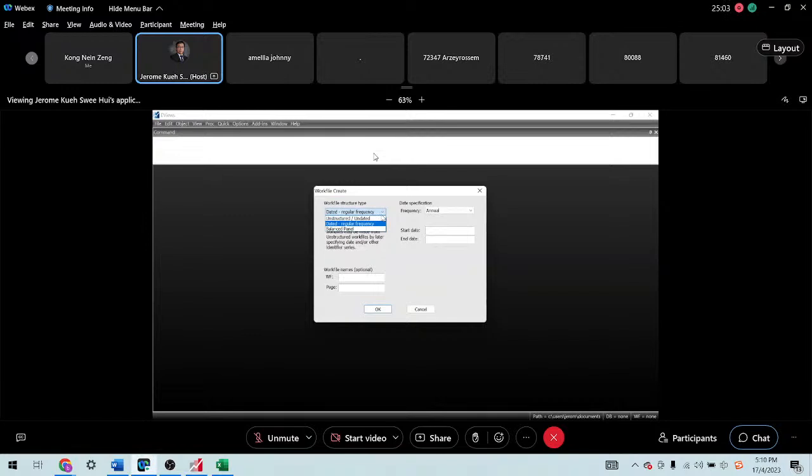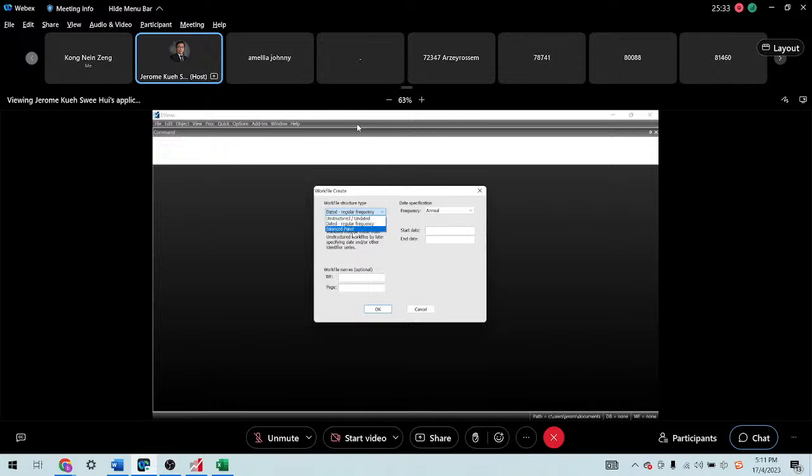If you click this drop down menu, you can see that there are three options. The first one is unstructured or undated. The second one is dated or regular frequency. The third one is balanced panel. The unstructured or undated option refers to cross-sectional data analysis. The second one, dated, means regular frequency, known as time series analysis.